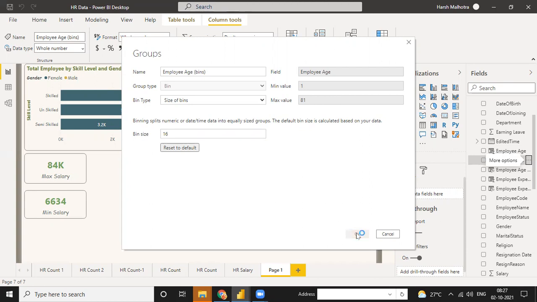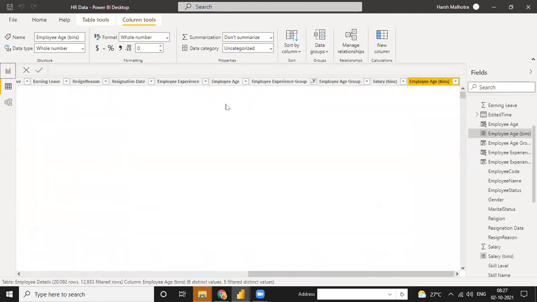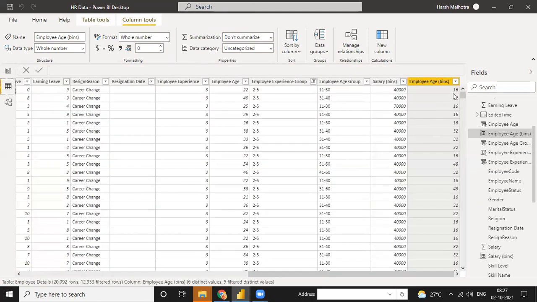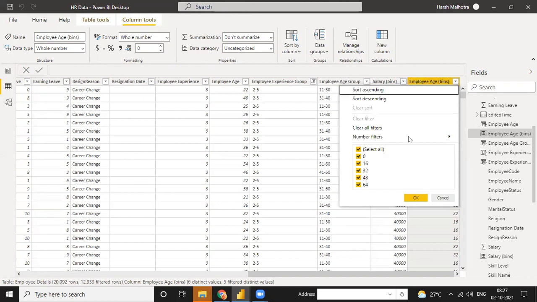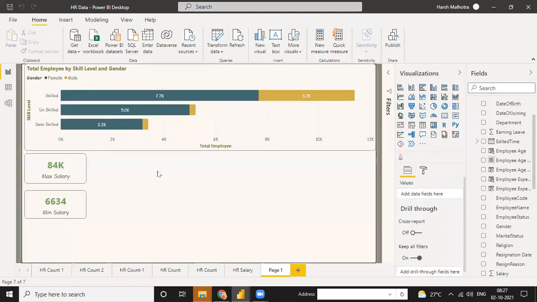Click on OK. And go to this table and see the values will be 16, 32, this kind of a range of 16: 0, 16, 32, 48, and 64. Okay. So you can use it this way also. Let's go to this chart.